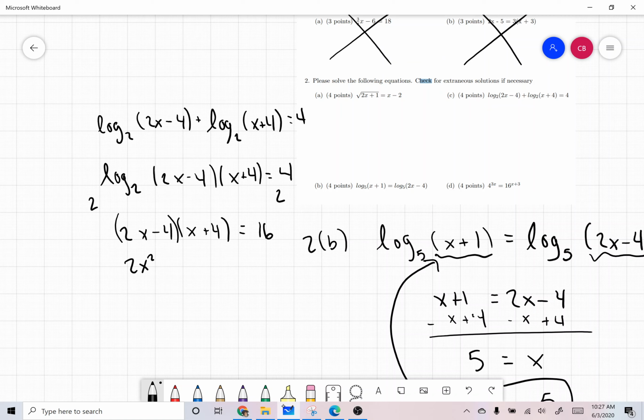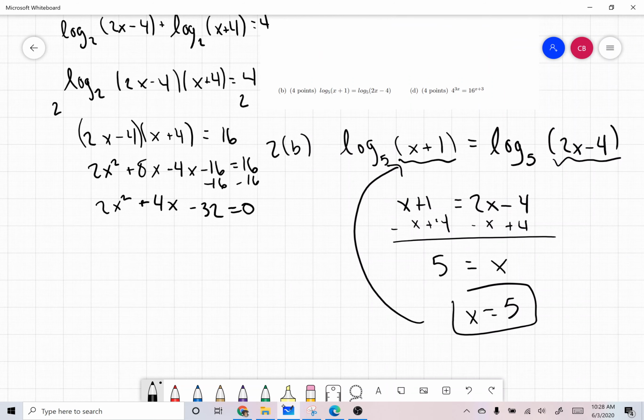This is 2x squared plus 8x minus 4x minus 16 is equal to 16. So 2x squared plus 4x, we subtract the 16, this is minus 32 is equal to 0. Okay, so we can factor out a 2. We have x squared plus 2x minus 16. Okay, so if we wanted to solve this,